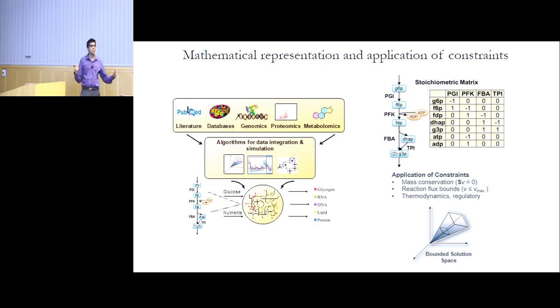And once we build this giant matrix, we then make sure that it follows fundamental physical and chemical laws. For example, we make sure that there's conservation of mass. That means when a chemical transformation is modeled, we make sure that there's no net carbon balance or nitrogen balance violation, so there's no fundamental violation of thermodynamic laws. And we also apply biophysical constraints to make sure that we get a feasible solution space for the network that is possible within the realms of thermodynamics and biochemistry.